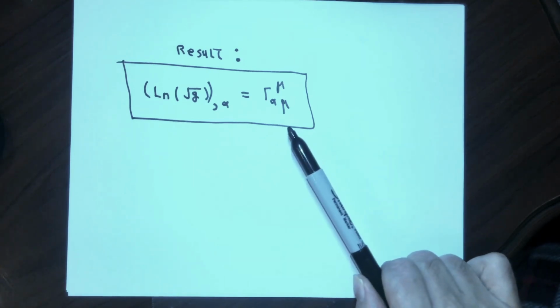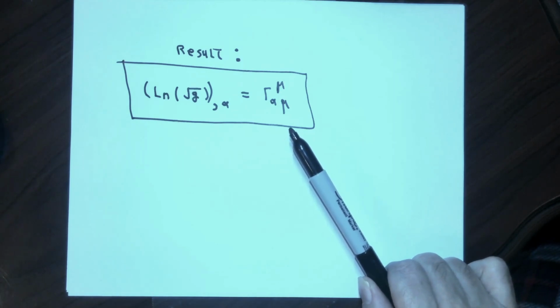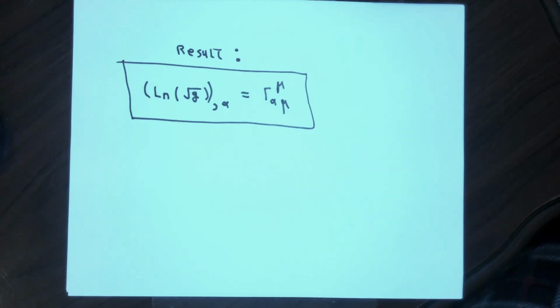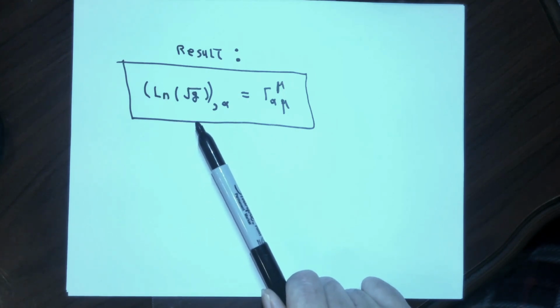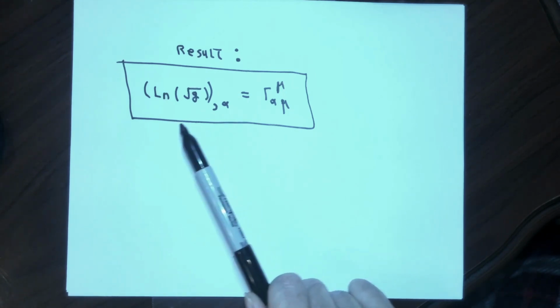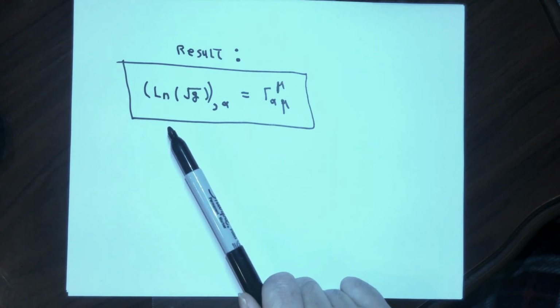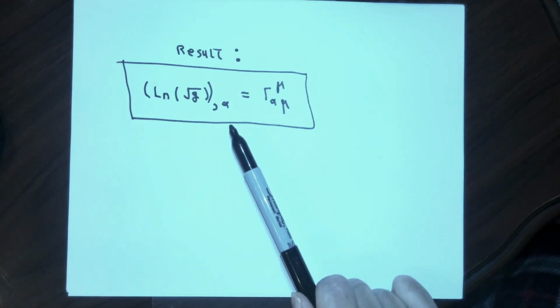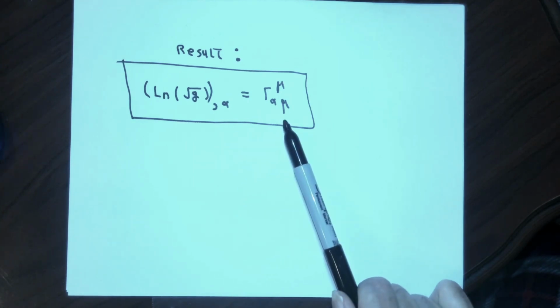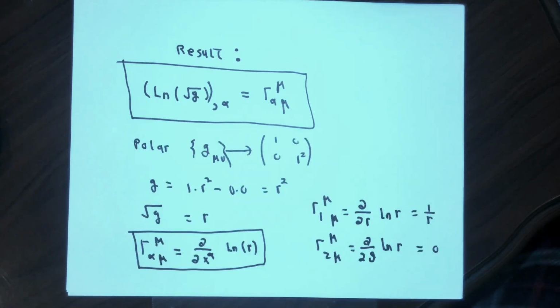If I need to know these quantities, which I'm going to need shortly, one way to do it would be to sit down, figure out all of the Christoffel symbols, and then make the appropriate sums. That's a perfectly valid way of doing this, but obviously would take a lot of calculating. On the other hand, I could calculate the determinant of the metric, calculate the natural logarithm of that, and then differentiate with respect to x number alpha, and I'll get the same quantities. For example,